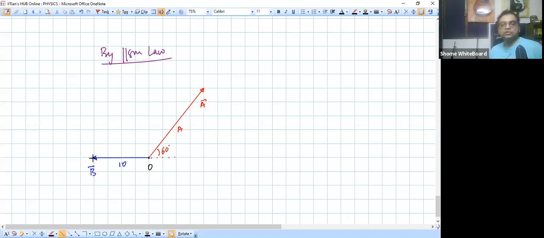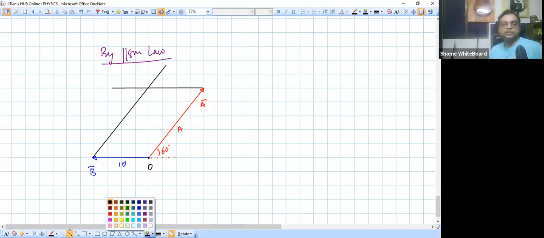So you draw one side parallel to A, okay, another side parallel to B. So this is the opposite vertex. So here which vector will be the sum? Sum will be this vector from the origin to the opposite vertex. That should be the sum. So I want that sum should be perpendicular to this. So I have to find that condition. I'm looking for that condition that the resultant is along the y-axis.